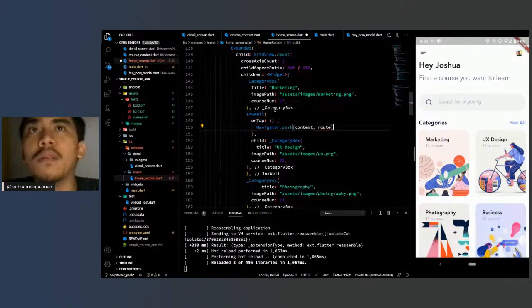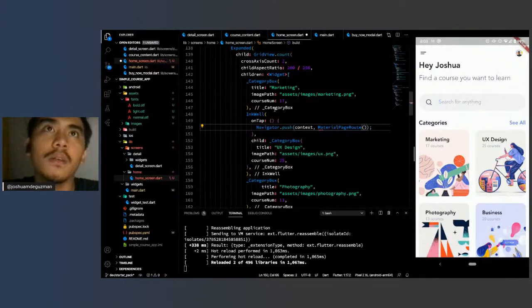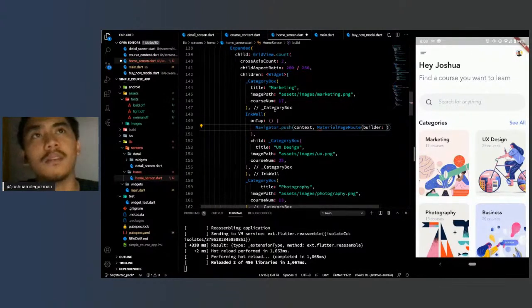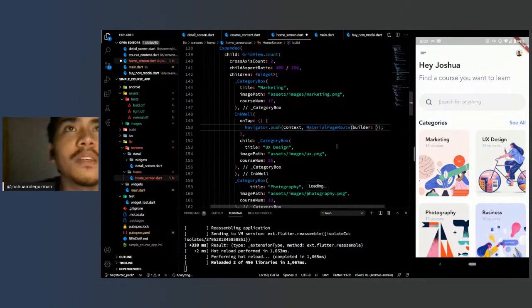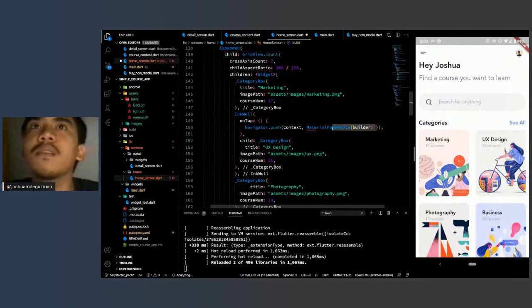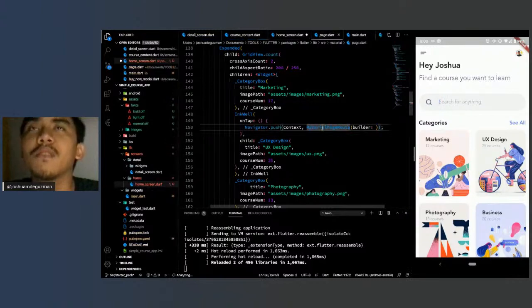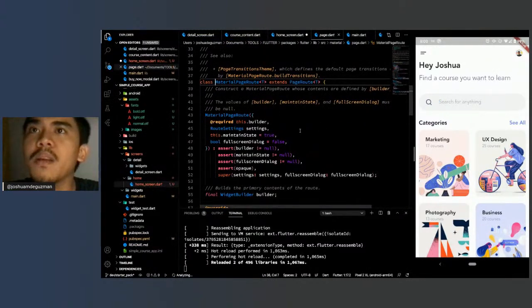We have different ways of adding routes. We have MaterialPageRoute, we have named routes, but right now, since this is just a very basic example, hopefully I get the APIs right, because there's no IntelliSense. So for MaterialPageRoute, we'll just inspect what's inside it. This is a cool thing about Flutter being open source.